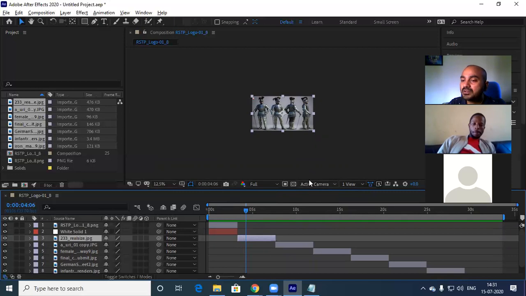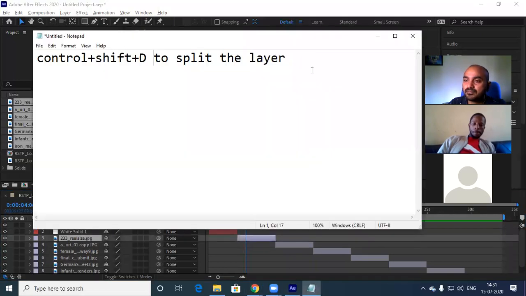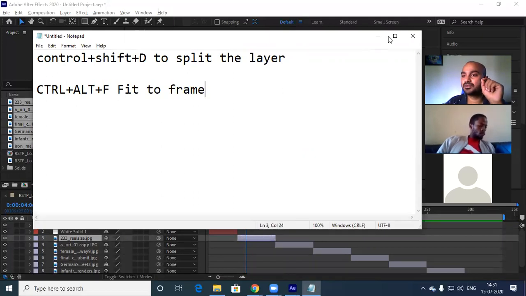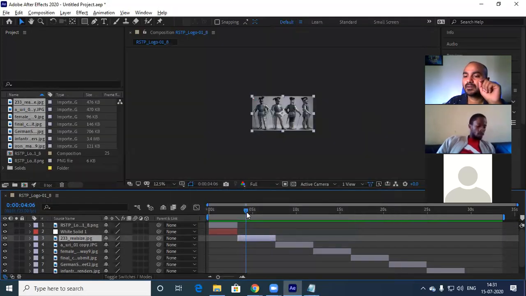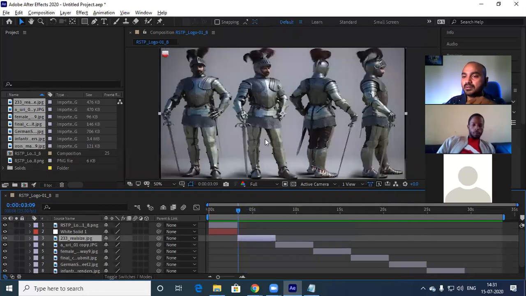Control plus Alt plus F. Control plus Alt plus F is fit to frame. So see this one, now it is fit to frame.